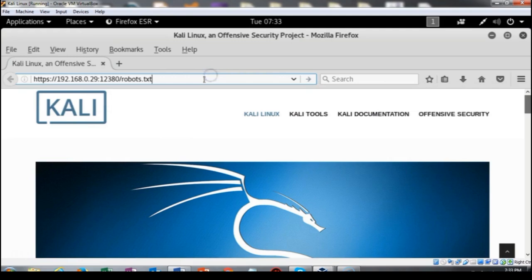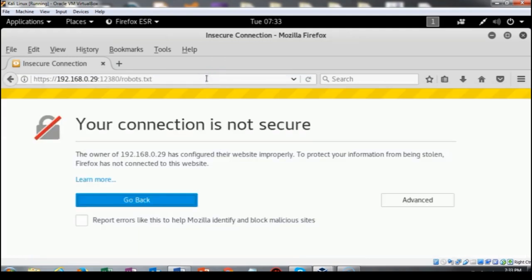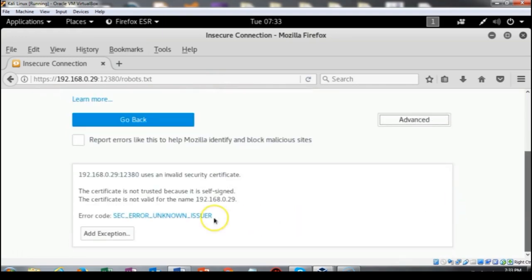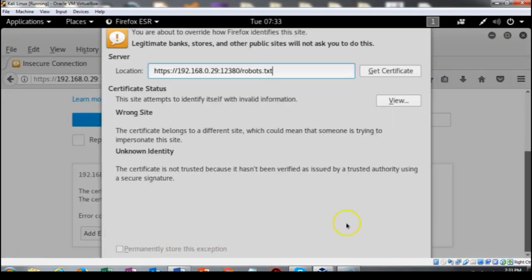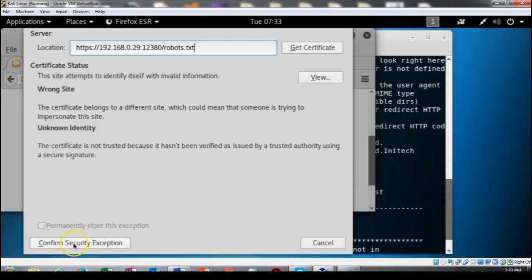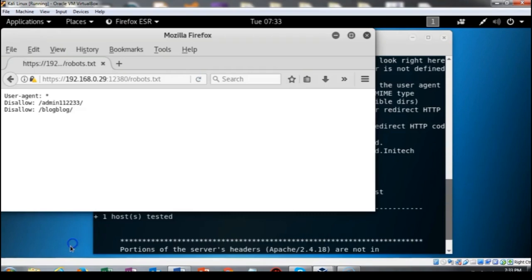I'm going to go ahead and hit enter, and it says that your connection is not secure. That's fine. Click on the advanced button, scroll on down, add the exception, scroll on down a little bit more. Here we go. And confirm the security exception. And there we are. Alright, so we're rewarded with a couple of different items up inside of this text file,